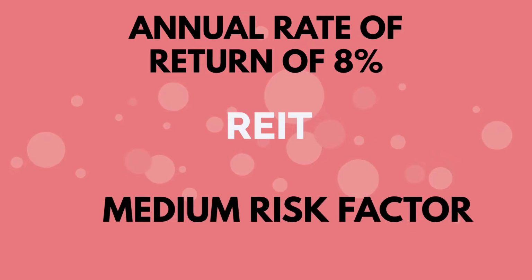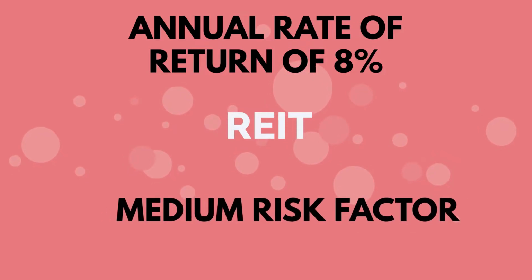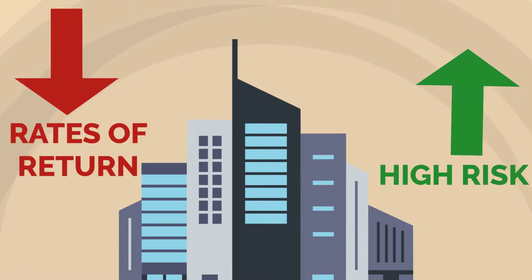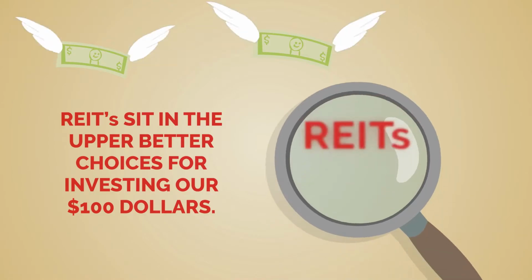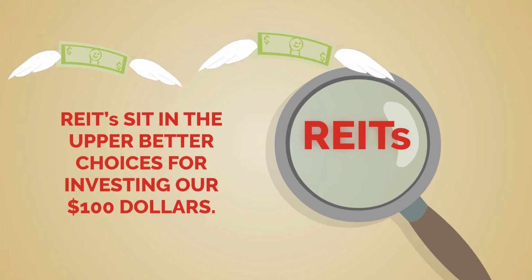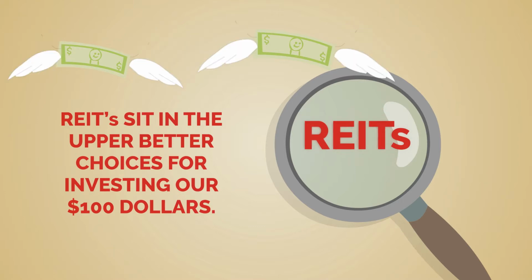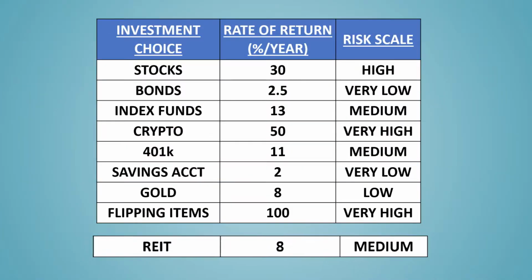Usually, REITs provide an annual rate of return of 8% and come with a medium risk factor. As real estate is a sector in the stock market, the risk increases of having a poor return being a single sector. However, REITs seem to remain generally stable while still offering decent rates of return. And REITs are a great way to diversify as they are another non-correlatable asset class to stocks. For our challenge, comparing them to our other options, REITs sit in the upper tier as better choices for investing